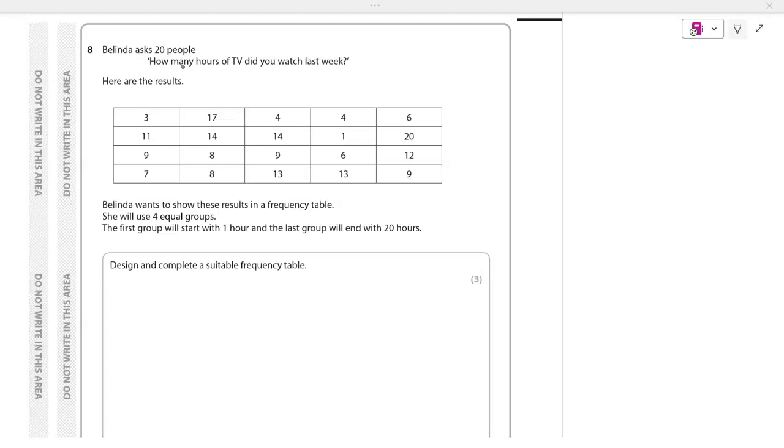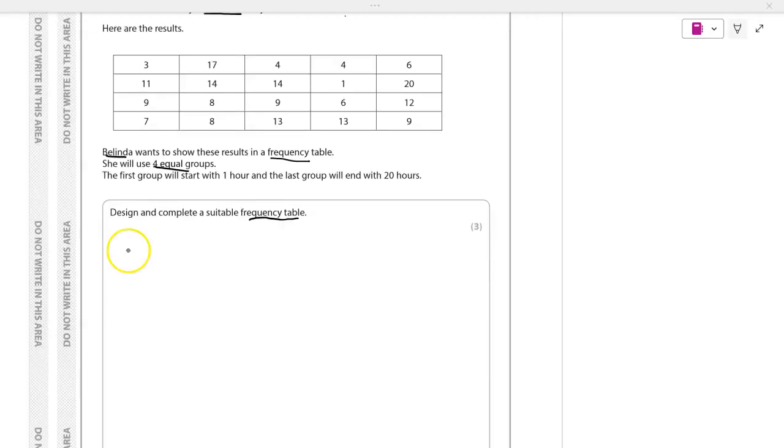Question 8. Belinda asked 20 people, how many hours of TV did you watch last week? And that's the table. Belinda wants to put this in a frequency table, and she will use 4 groups. So the question is to design and complete a suitable frequency table. The groups start with 1 hour and end with 20 hours. So that will be 1 to 5,